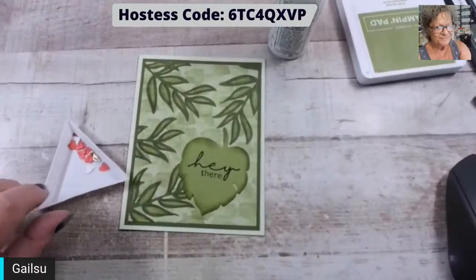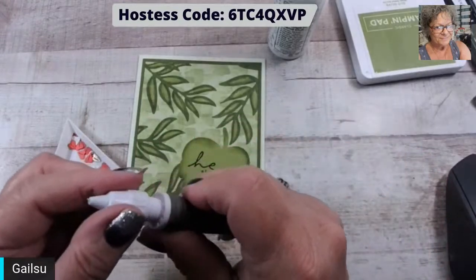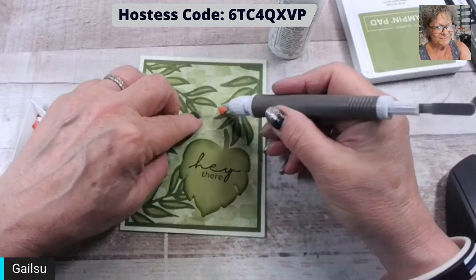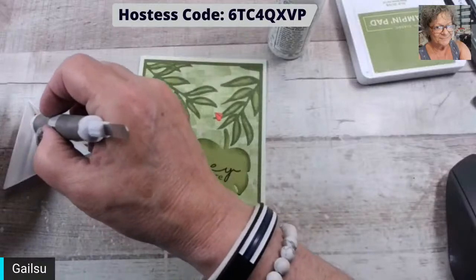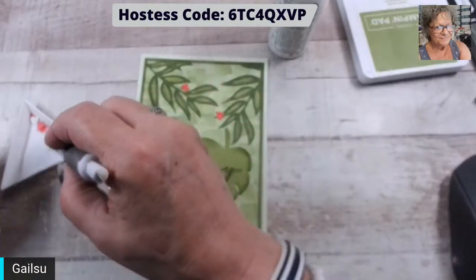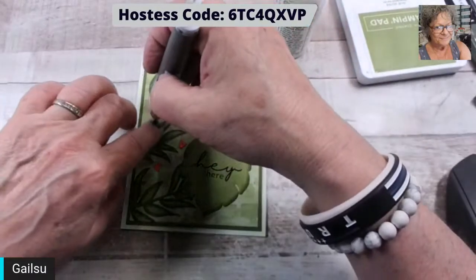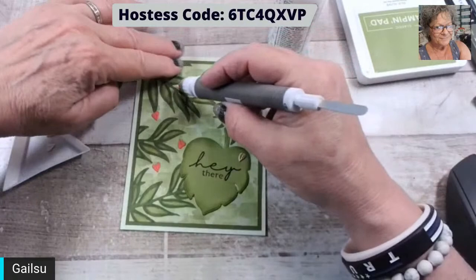And then out of one of the dies, let me get some fresh stuff here and see if it sticks better. Because they got to flip over. I said flip. I have a couple gold ones too. Maybe I'll put a gold one right there. All right, so put one up there, one there,